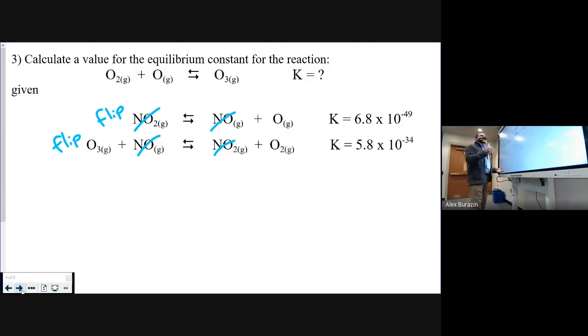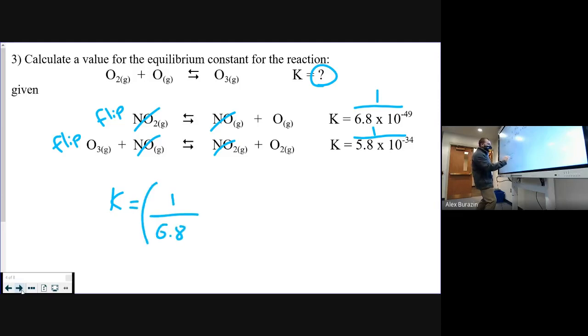So this turns into 1 over that and 1 over this multiplied together. So I get my new K, the K of this one, equals 1 divided by 6.8 times 10 to the negative 49, multiplied by 1 divided by